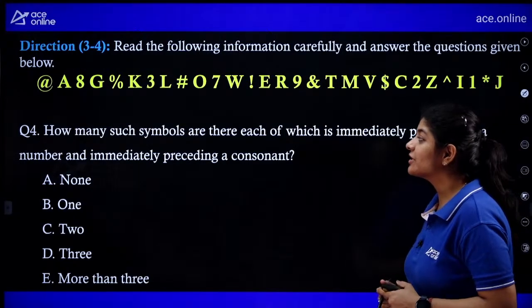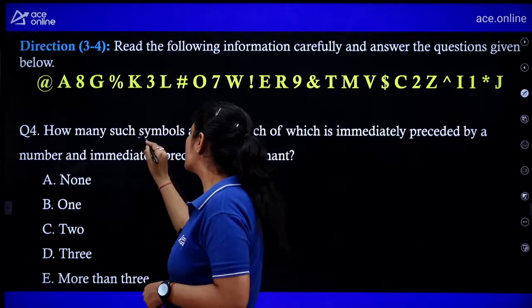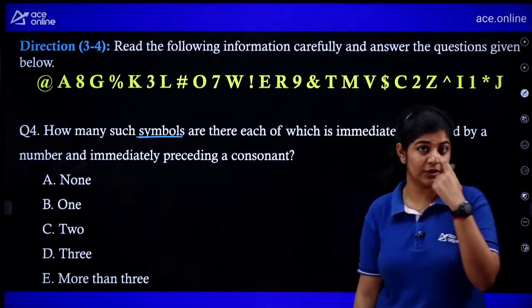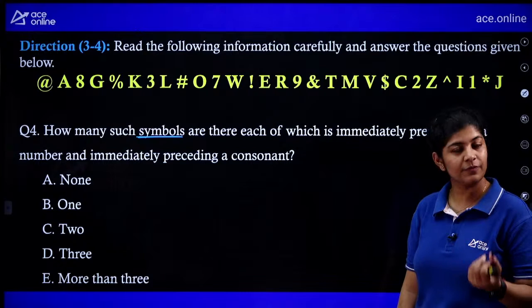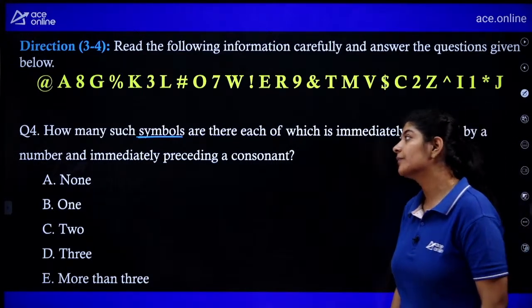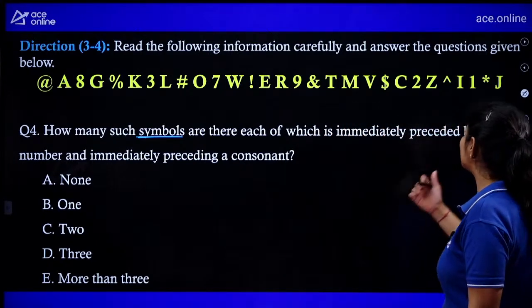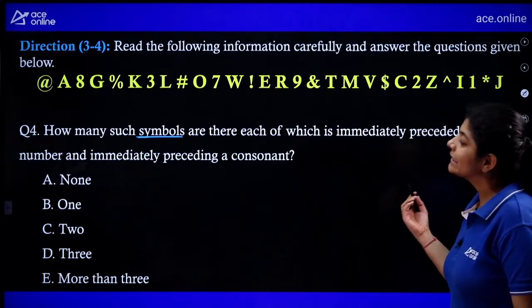How many such symbols are there? Whenever we have such things, we need to focus on this particular thing. If we have a number, then we need to focus on the number. If we have symbols, then we need to focus on symbols. If there is a letter, then we need to focus on the letters. How many symbols are there, each of which is immediately preceded by a number and immediately